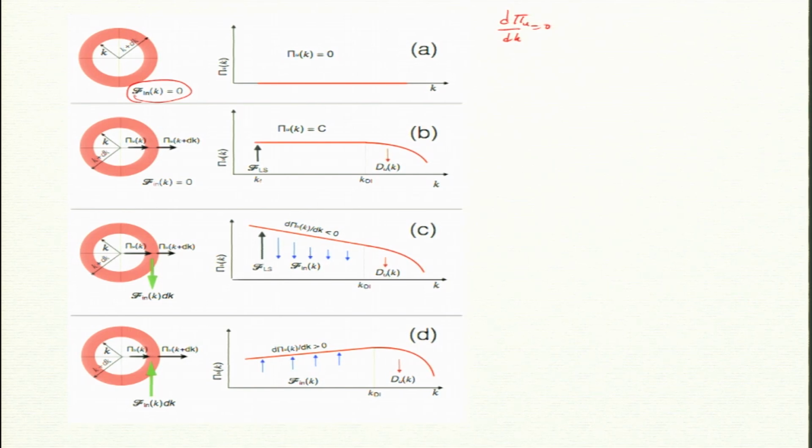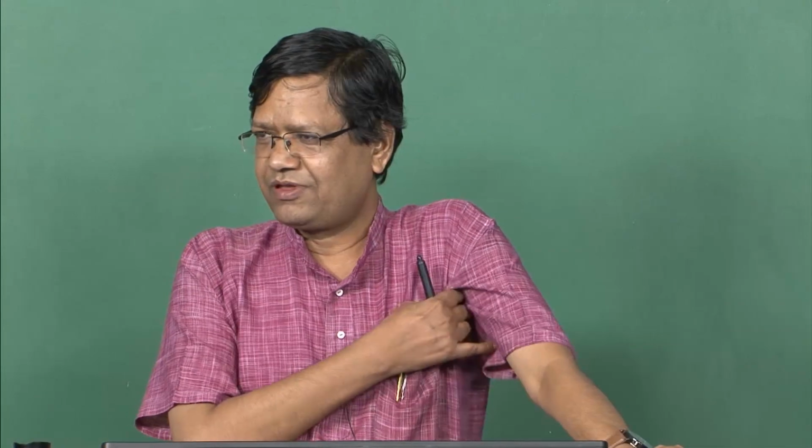Now, flux being constant has 2 scenarios: flux is 0 or flux is a constant value. It can also be negative, but in 3D energy flows from large scale to small scale, so it is positive. In 2D it can be negative, but we will do it later. Let us assume we are working with 3D and it is positive. So, the 2 scenarios are 0 and positive. Now, when do you get 0? Can you think of a situation where we get 0 flux? No, dU is 0, F is 0.